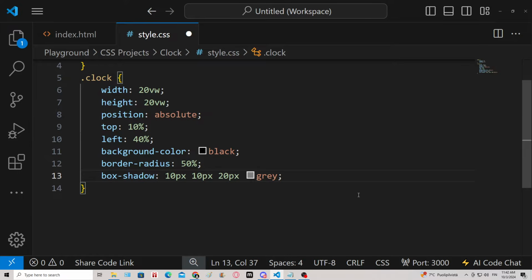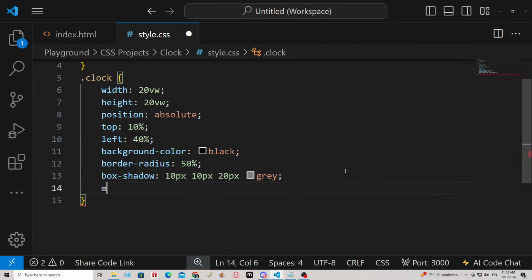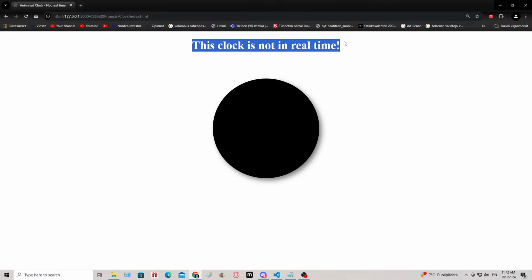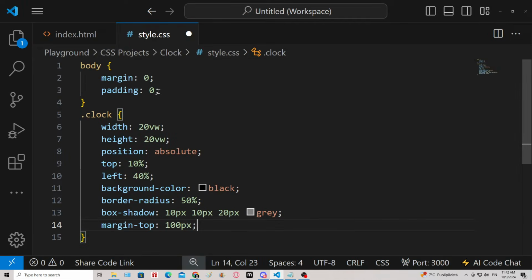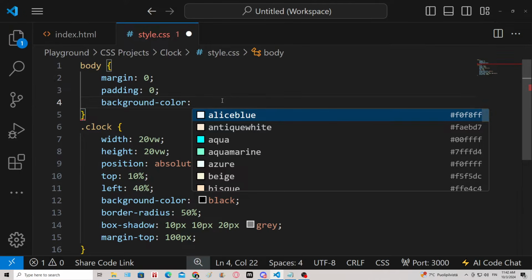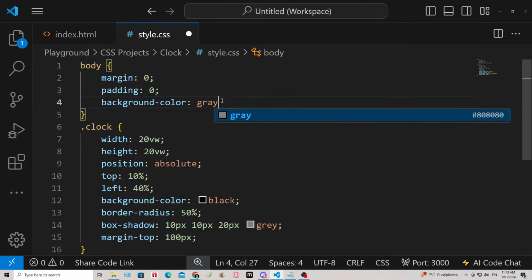Alright, let's see what we got so far. So now we have this right over here. What I'm also going to do is margin top, let's say 100 pixels. Alright, there we go. So now we got a little bit more space between this one and the clock. What I also want to do is add a background color to the body. That's going to be, let's say